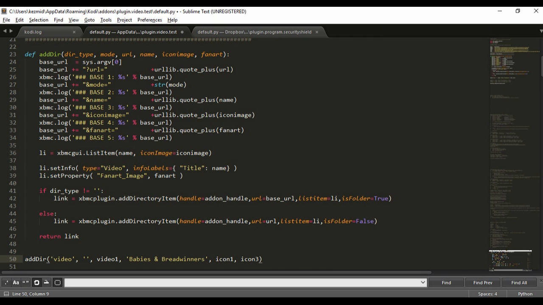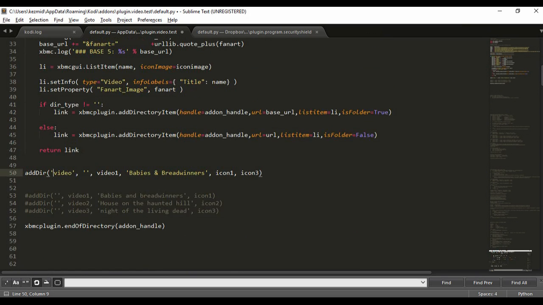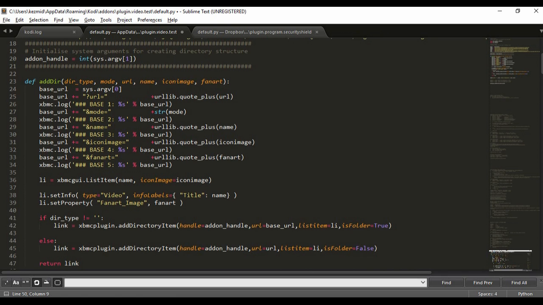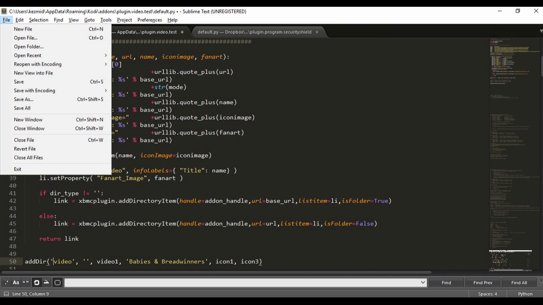The URL, so that's that video, that's the URL that's up here, video 1, online video. We've got the name, which is the name there, Babies and Breadwinners, and then we've got the icon, there you go, and I've also put an icon as the fan art. Now don't worry, it's not going to match up. It's just some random icons we had, but just to show you how it works. So let's click save,